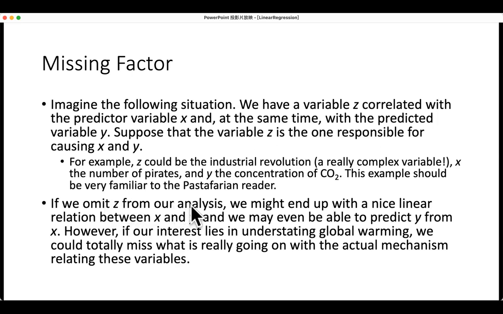So if we omit Z from the analysis, we may end up with a nice linear relation between X and Y, and we may even be able to predict Y from X. However, if our interest lies in understanding global warming, we could totally miss what is really going on with the actual mechanism relating these variables. When we link X and Y, they have correlation, but when you try to explain them,